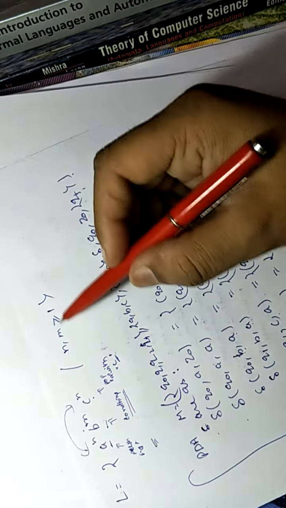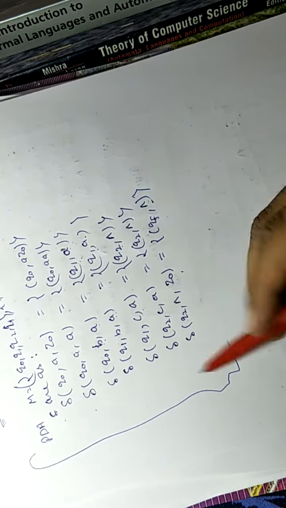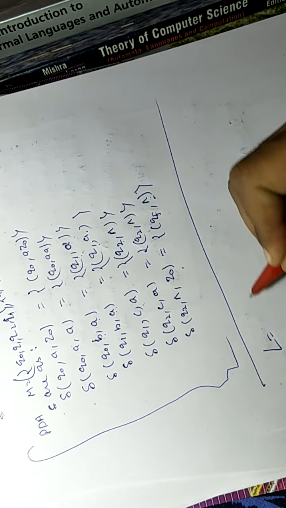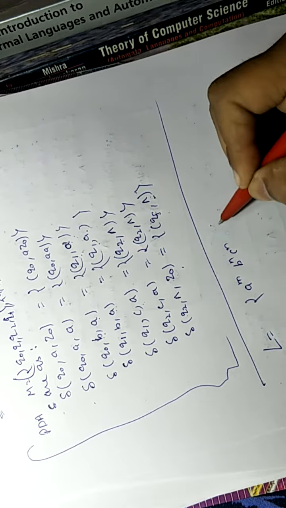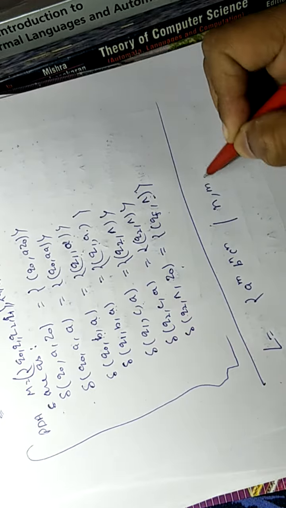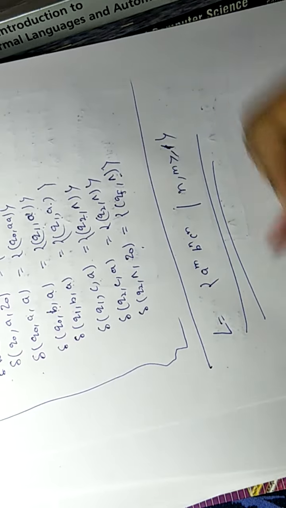So this is the PDA. What you need to do is change n, m to equal 0 or 1, 0, 1, something like that. Apart from that, try to solve this problem by yourself. What do we need to do in this problem? So try to build the logic for this problem as a home exercise.